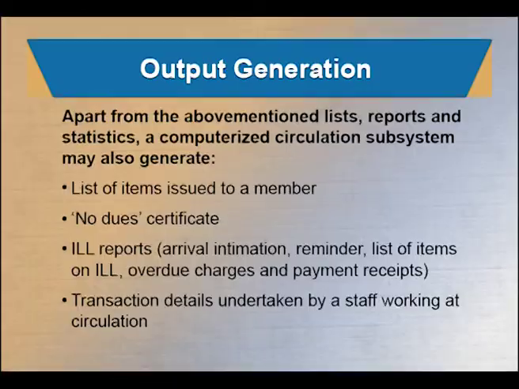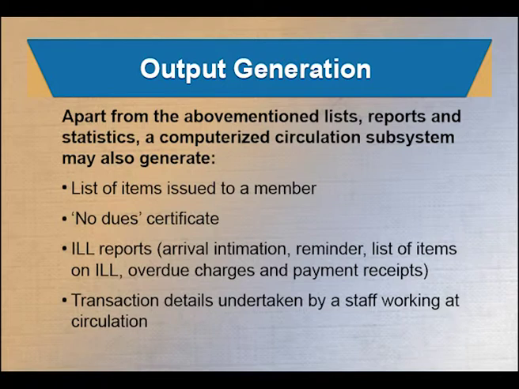Now, apart from the above mentioned lists, reports and statistics, a computerized circulation subsystem may also generate a list of items issued to a particular member, can generate a no dues certificate, gate pass, ILL reports, and transaction details undertaken by a staff working at circulation,